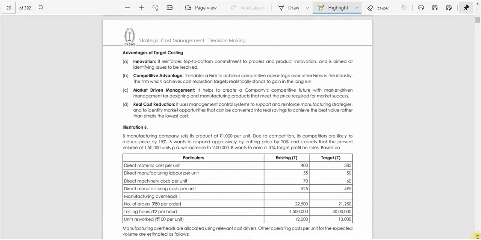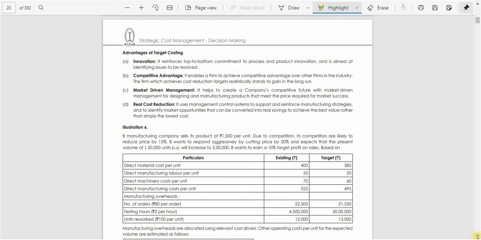So in illustration number 6, B, a manufacturing company, sells its product at 1000 rupees per unit. Due to the competition, its competitors are likely to reduce the price by 15%. So there is heavy competition in the market, and it is expected that the competitors are going to reduce the price by 15%. So B, our manufacturer, wants to respond aggressively by cutting price by 20%